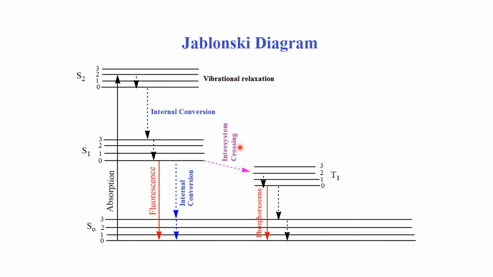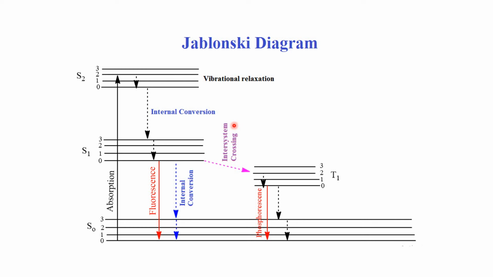And this is known as the inter-system crossing. So, inter-system crossing is the transition between the two electronic states of different spin multiplicity, that is S to T. Okay? Therefore, this vibrational relaxation, internal conversion, inter-system crossing, all these are